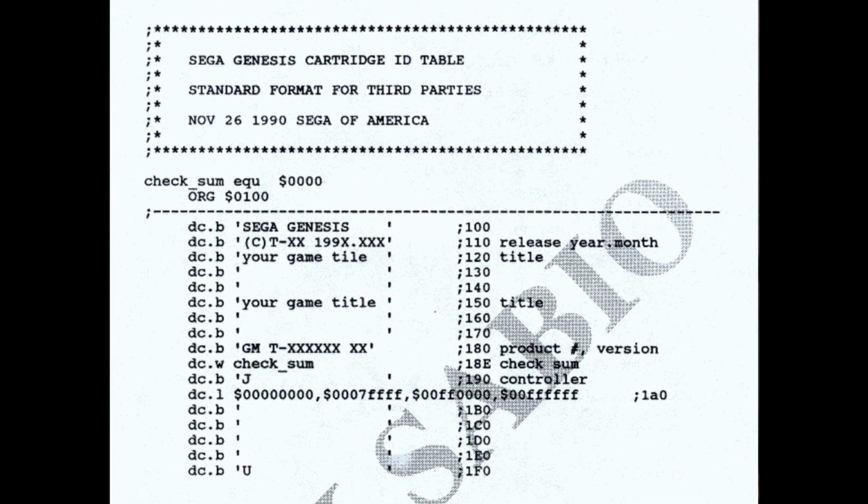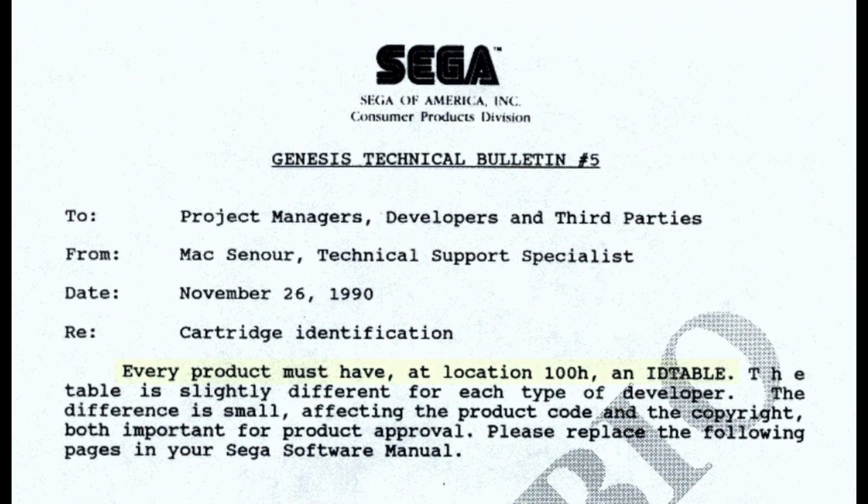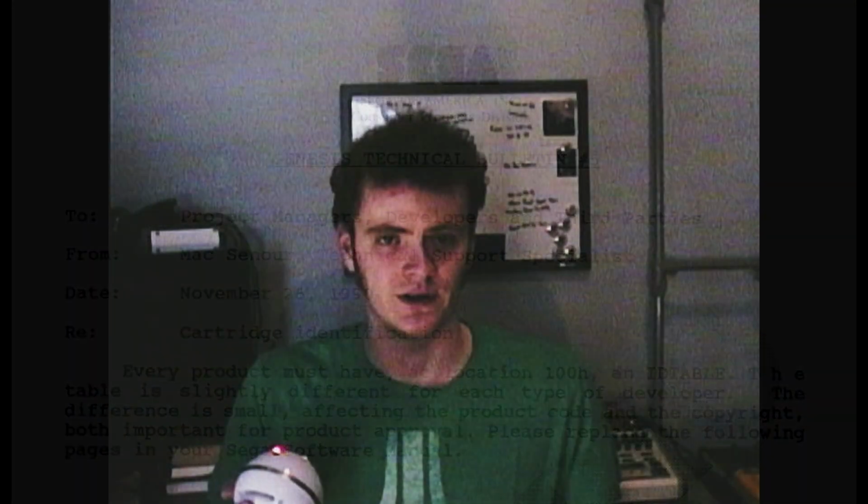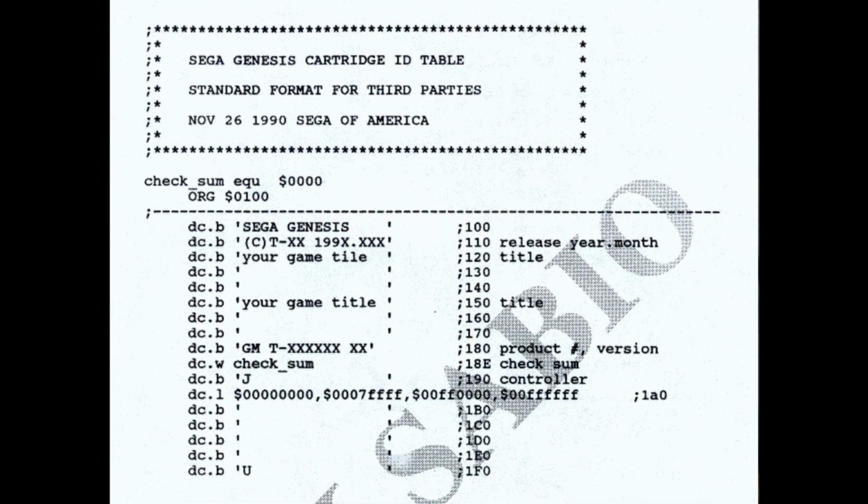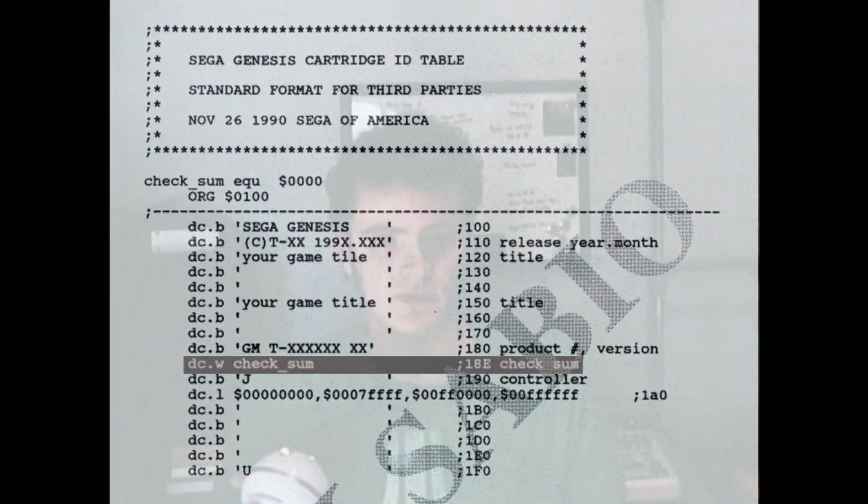The next 256 bytes are the cartridge ID table, which I've also heard referred to as the cartridge header or the ROM header. And most of the data here isn't strictly required for your game to work, but Sega did require you to fill it out correctly before they would give their stamp of approval for you to publish your game. Now, one of the entries in the header is the checksum, and as the name would imply, this is